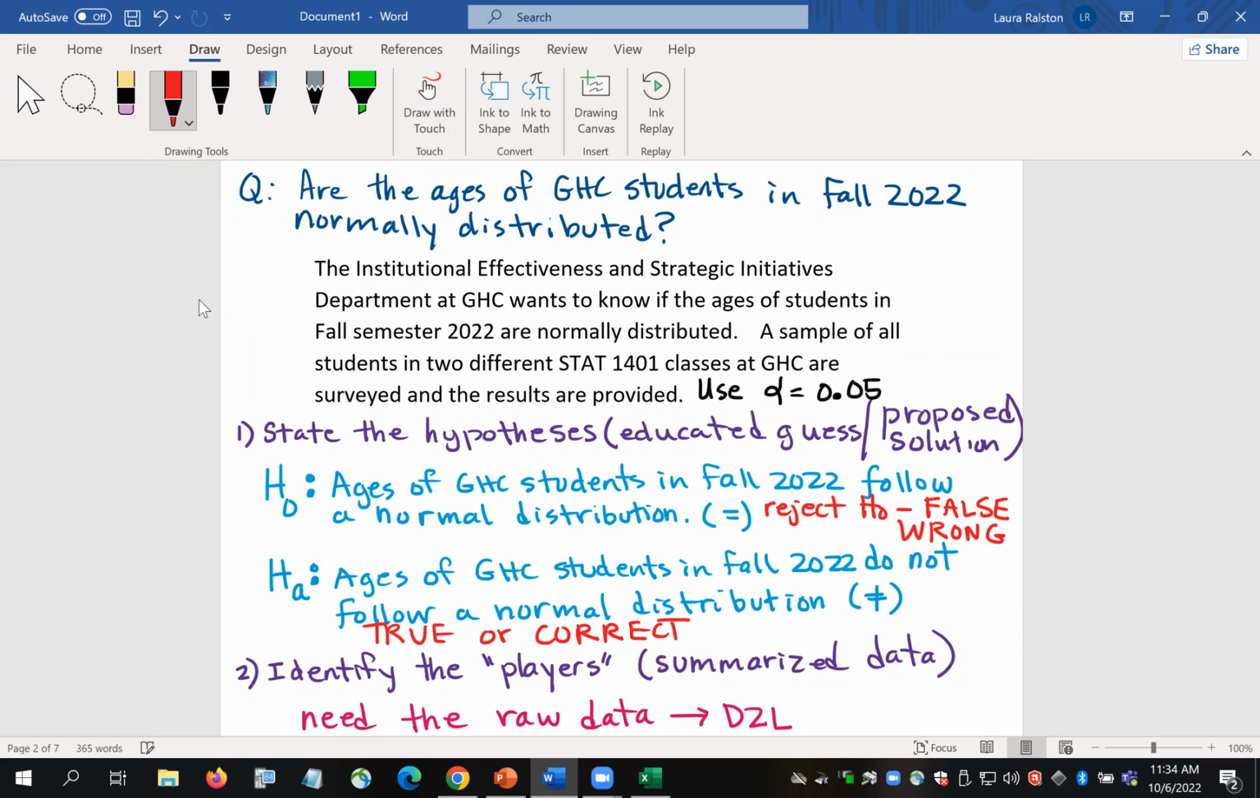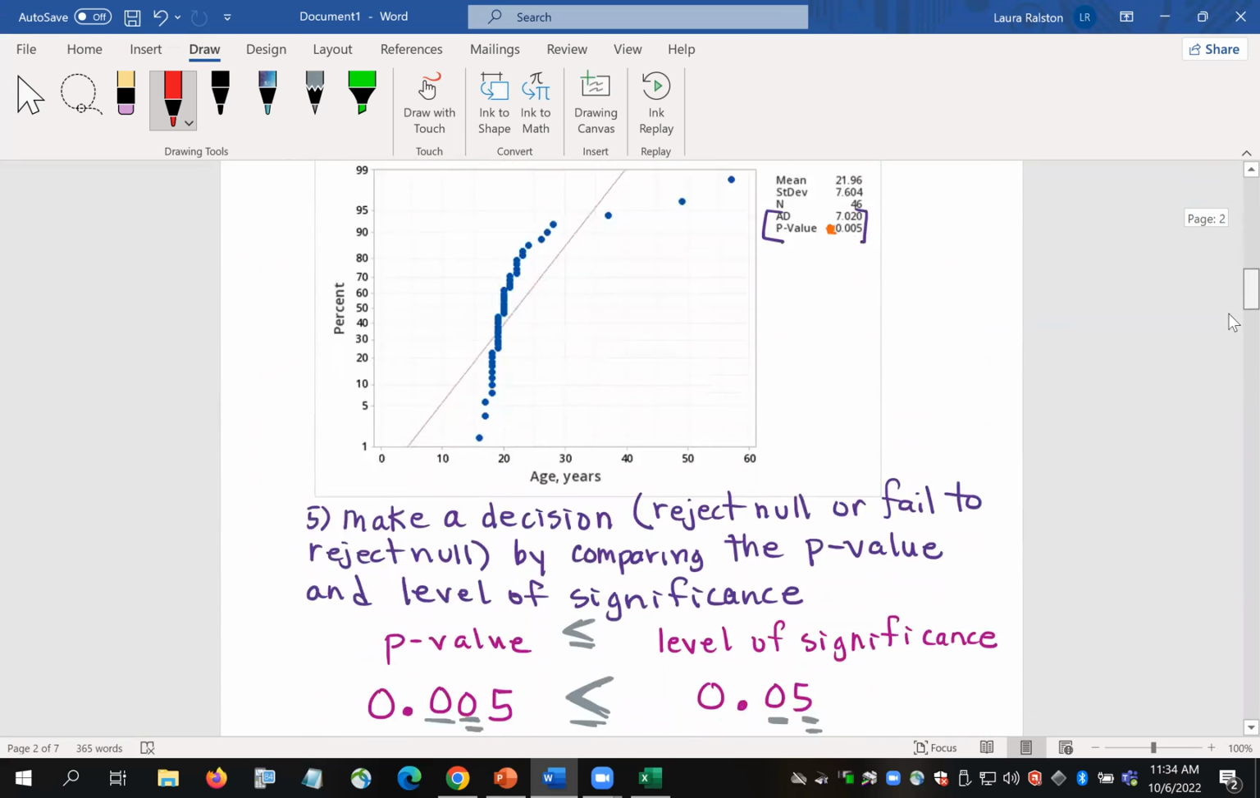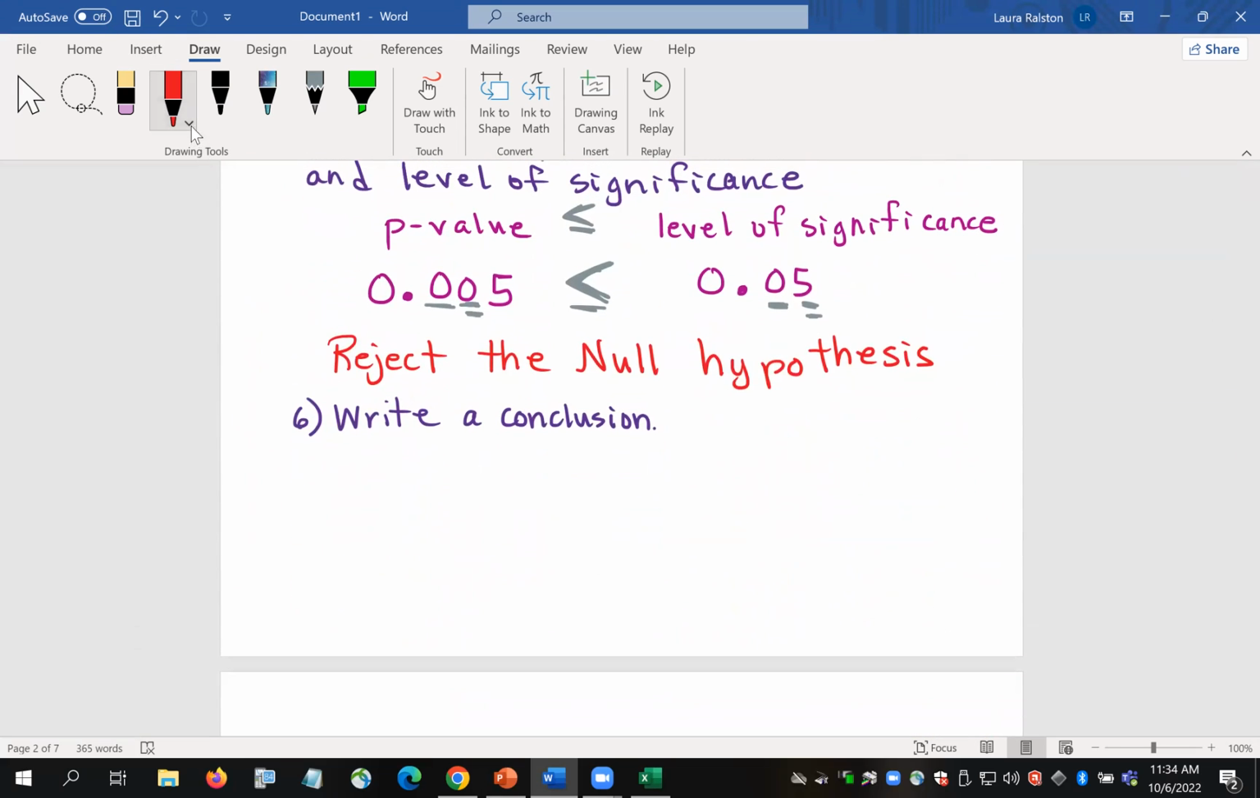So because I rejected the null, that means the statement that the ages are normally distributed is false or wrong, and therefore by default the ages of GHC students do not follow a normal distribution. But I've got to say that in complete sentence form. So I would say